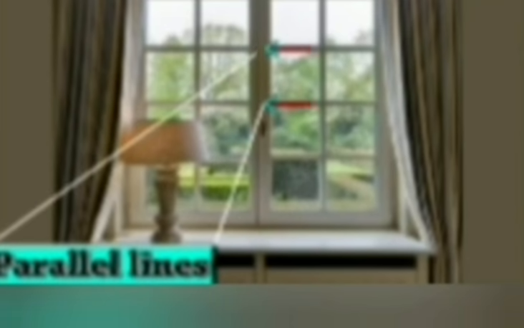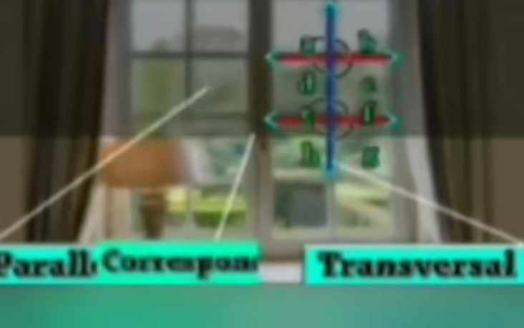Now, do you know the properties of these pairs of angles? Look at the picture here and look at the bars of the window. Are they parallel? So you can see some bars are parallel and some bars are intersecting the parallel bars. So the bars which are parallel are intersected by a transversal bar. So the line which is intersecting the parallel lines is called a transversal.